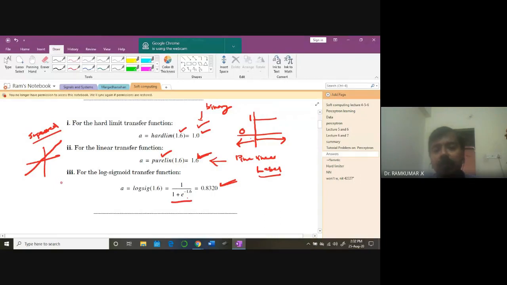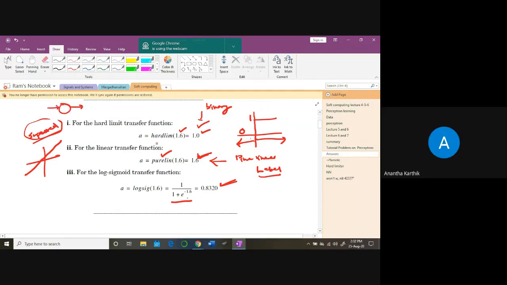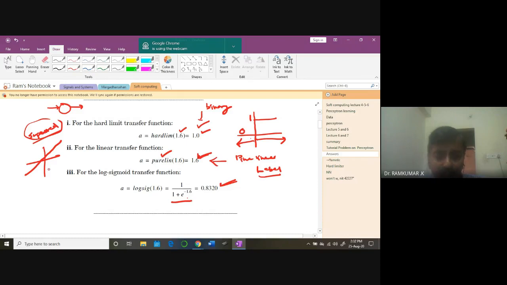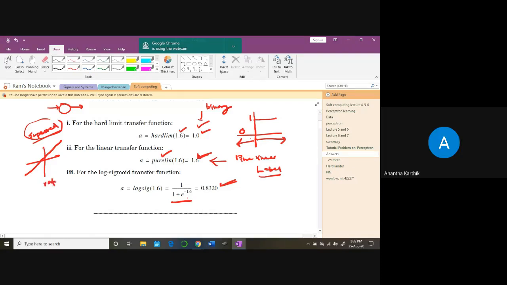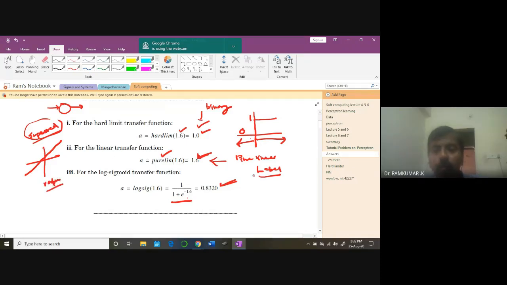This is labeled data, and we are training a network with labeled data. We should know what kind of function we are going to use in order to get our desired result. It differs from problem to problem. So we are going to apply different transfer functions for your problem and check whether it is working properly or not.